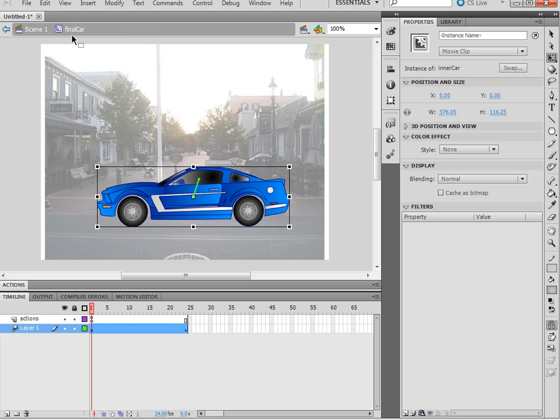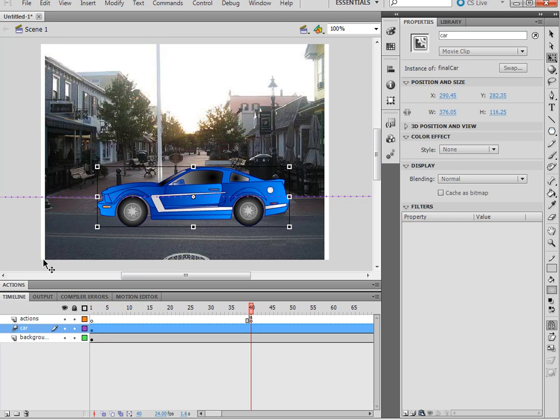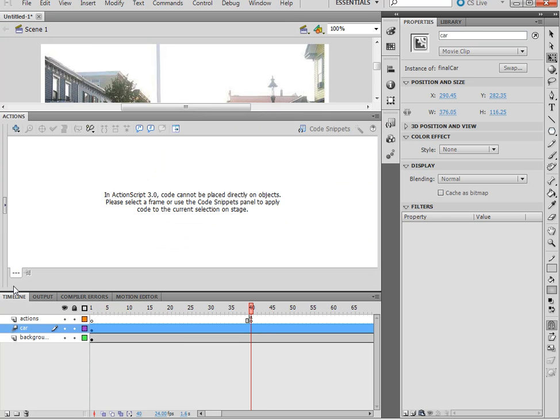So come back here to your final car objects editing, and we're going to give this final car an instance name. It's an instance of inner car, so your final car has an instance of inner car inside of it. So go ahead and name him inner car. Now the inner car is the one that owns the wheels. So give him an instance of an inner car, come back to your scene 1, go back to your code,